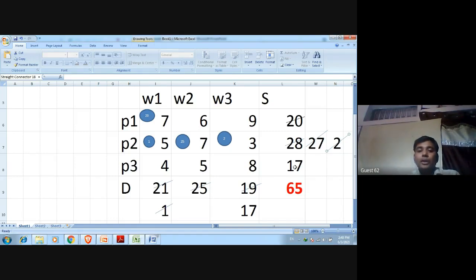Now, only 17 units are required by W3. Now, look at the plant 3. Plant P3 has 17 units, but W1 does not require any unit. Does W2 require any unit? No, it does not. Does W3 require 17 units? Yes, it requires 17 units, and plant 3 also has 17 units capacity. So we will give it complete 17 units to the W3 from the